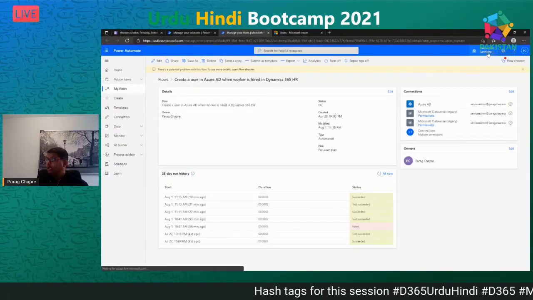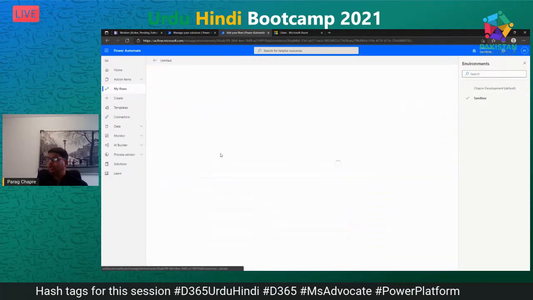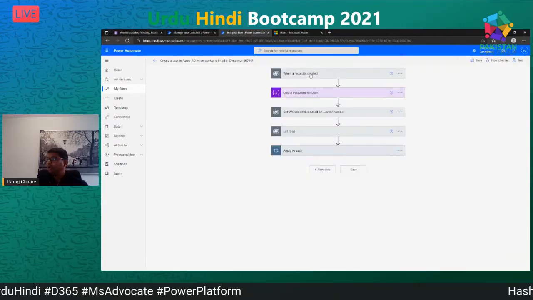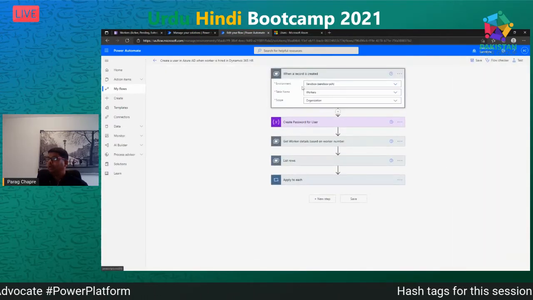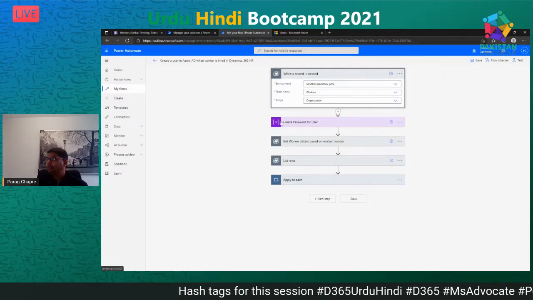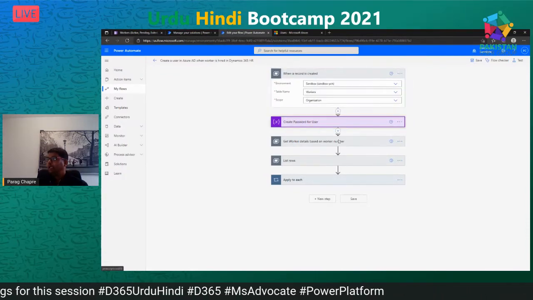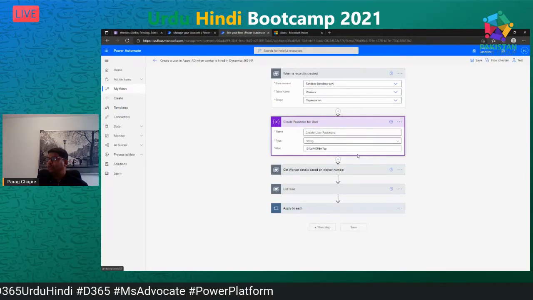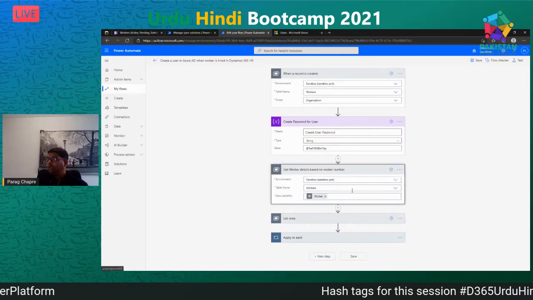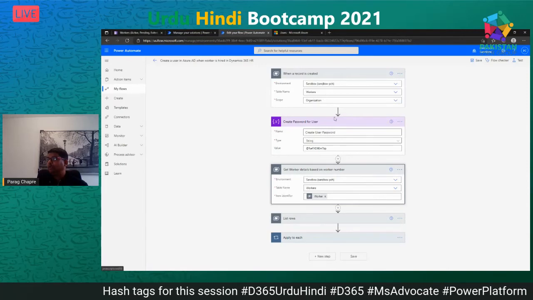So first you can see I logged in an environment called Sandbox, and then you can just create a new flow or you can just edit the existing flow. So this is the event from Dataverse when the record is created. Here I provided the environment of my Sandbox. I use the CDM underscore worker entity here, and then I created a password for the user to log in to Azure AD. And in the next step, you can see I'm getting the worker information from the entity based on step one.